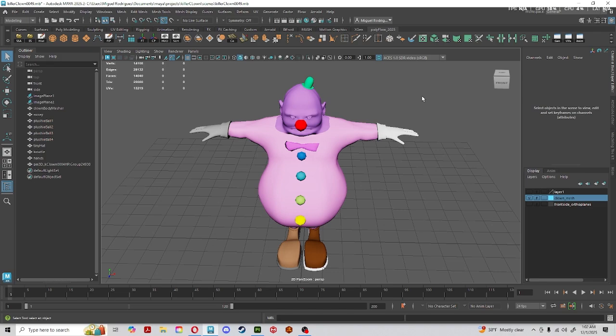Today I just wanted to show you how to prepare a character from Maya, export as .fbx, bring it into Substance Painter, and do some textures. And so here, as you can see, if I open the hypershade,